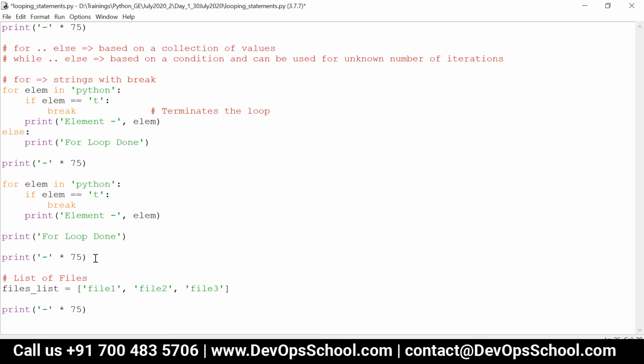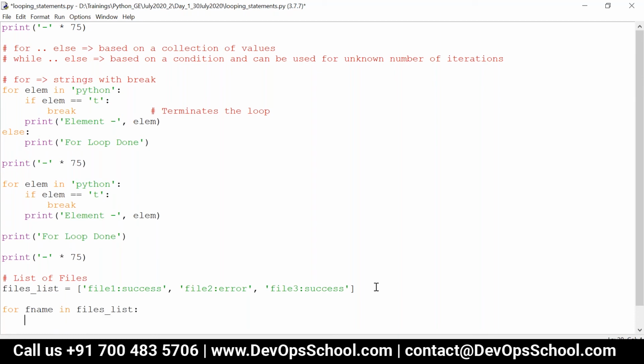So for that, I am just going to keep it something like this: file 1 success, file 2 error, and then file 3 success. Now consider the use case: I want to send an email only if all the files contain success, that is, all the strings contain success over here. So in this case, what can I do? First, I can loop through the files, that is for fname in files_list.